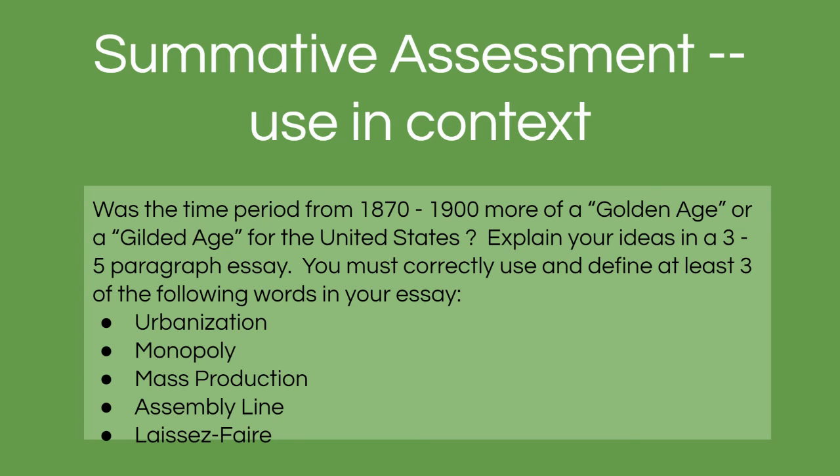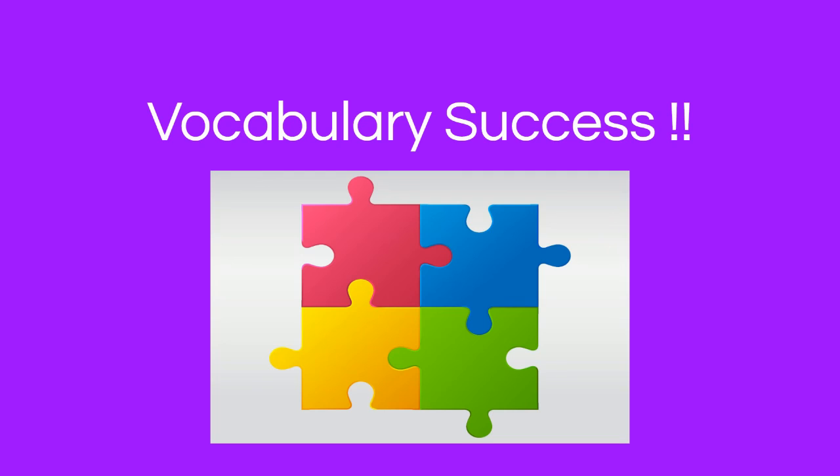in their essay, and that goes to a content score on the rubric for that essay. So that's an idea about how you might be able to see if the kids can use the words summatively in context. So that's one example of how we might achieve vocabulary success by focusing on a really small